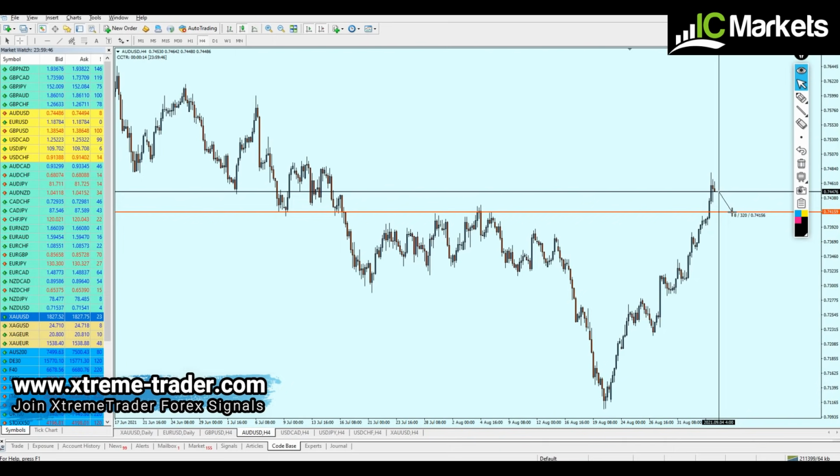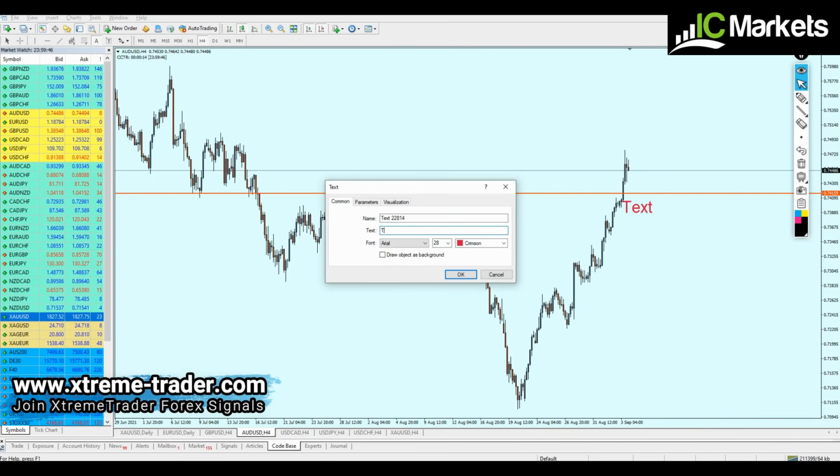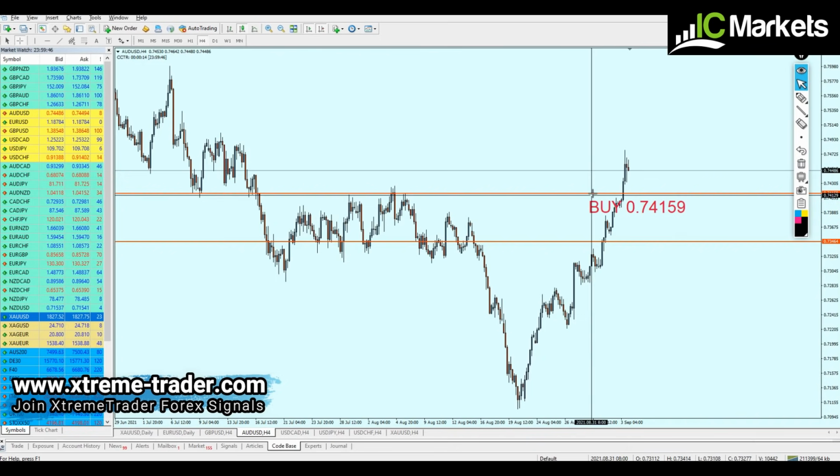We have to wait for the pair to fall for another 32 pips before we can start buying it. Therefore, buy for the AUD USD at 0.74159. And of course, the safe zone should be just ranging in this support and this resistance zone, because we're actually depending on that resistance to become a new support level,